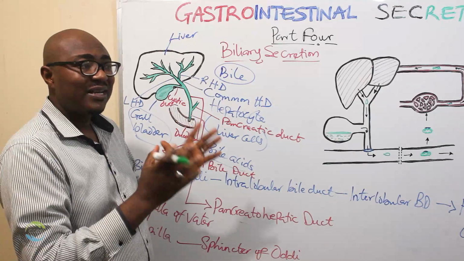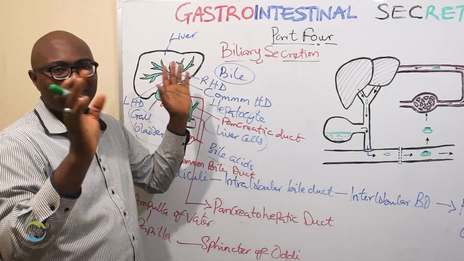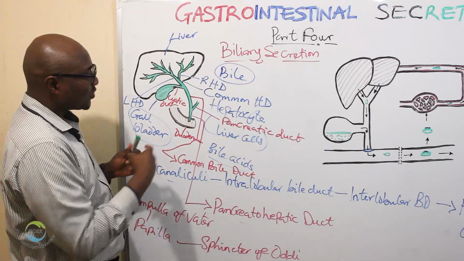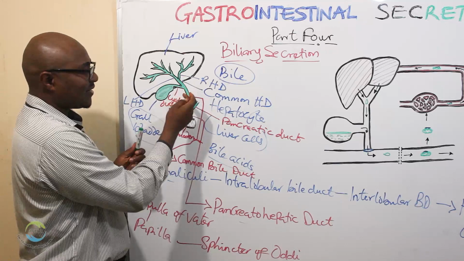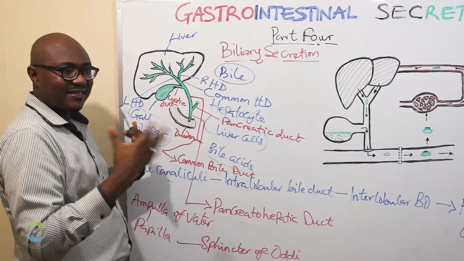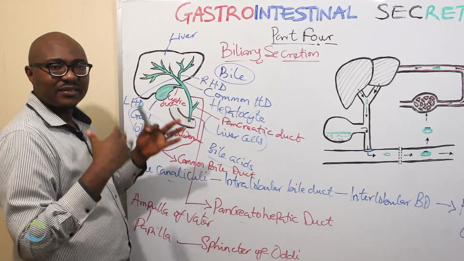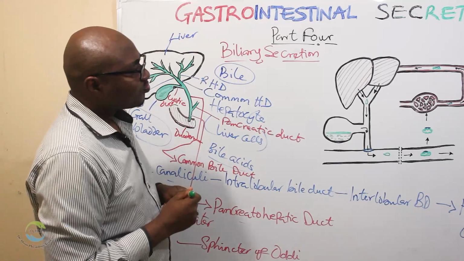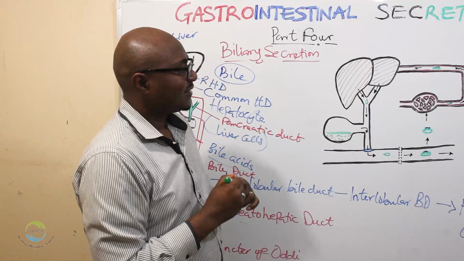So, usually water, electrolytes, bicarbonate. Okay? And just to mention also, all these ducts you see here, they have ductal cells that secrete mainly bicarbonate and water and all of that salt. Okay? So, what happens is that